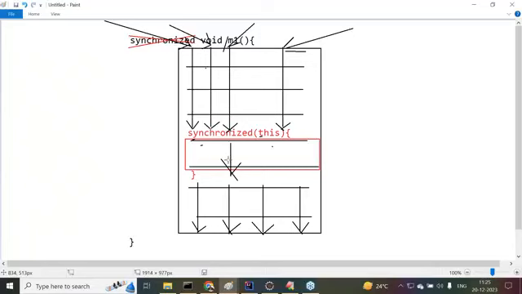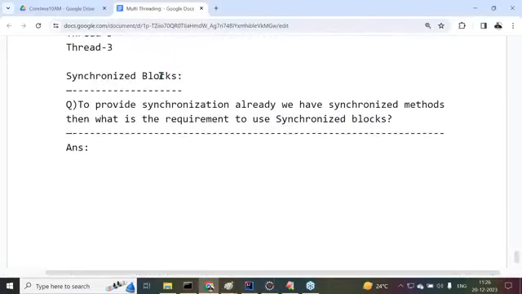But without any cause, without any necessity, without any reason, if you apply synchronization, the performance of the applications is going to go down. There is no chance of getting performance in our applications. Because of that, try to avoid the utilization of synchronization as much as possible. Is that okay? Are all of you getting clarity on these points now? Right, sir. Now this is exactly the meaning of the synchronized method and synchronized block requirement.